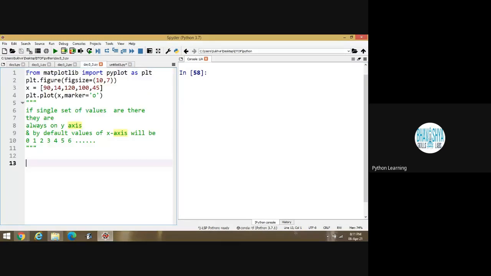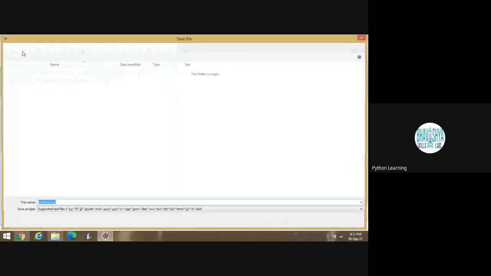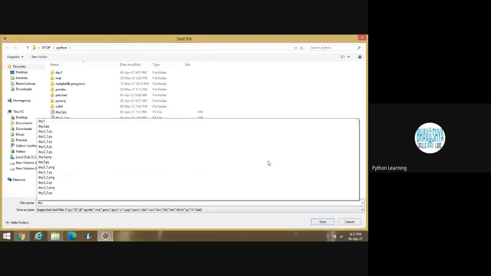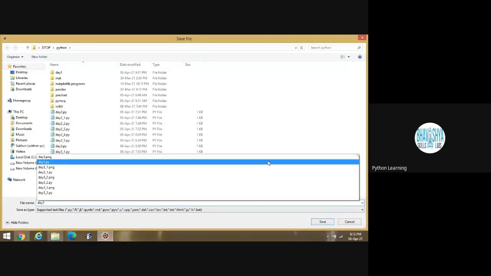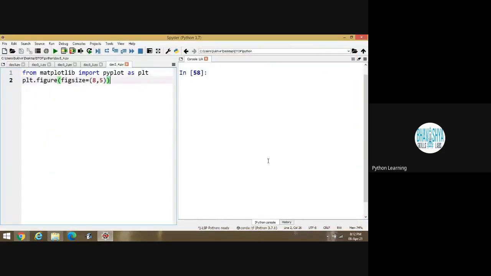First of all, this content is required, figure size is required, two contents are required. That the size is equal to 8, 5. So this one is the size. You can change the size accordingly, no issues. If you know about the content, then you can easily execute. Day 3_, it's the fifth program, .5.